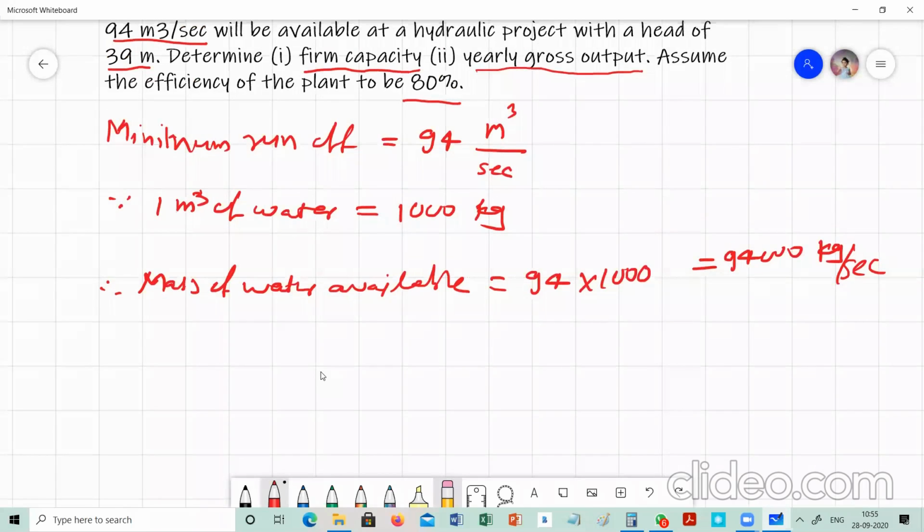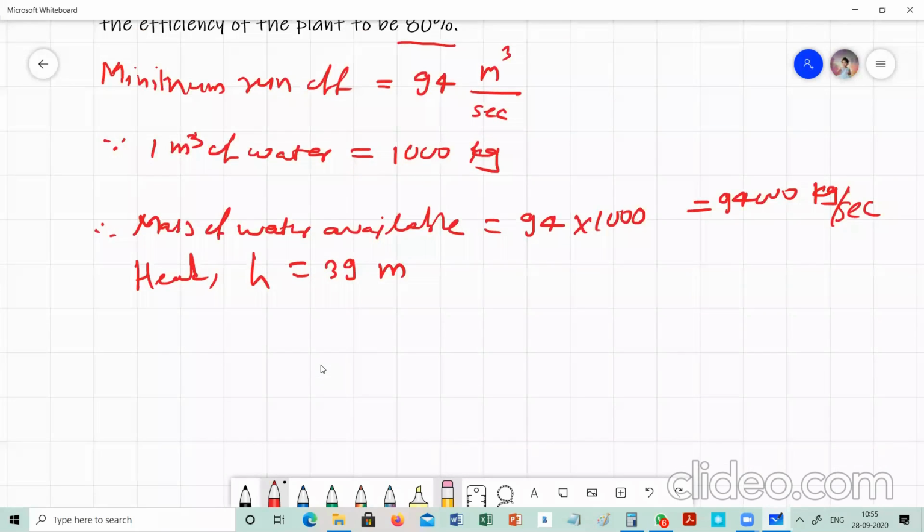Again, they have provided data of head or height, equal to 39 meter. So the work done or potential energy can be calculated as, I will write down as input energy as a potential energy. Therefore, potential energy available is equal to